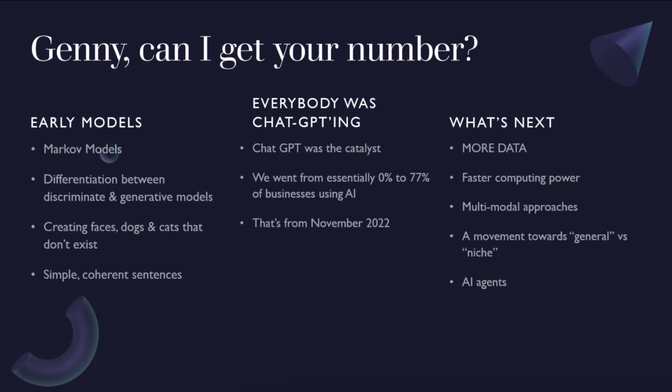And there's going to be a movement towards more general versus niche AIs. Now, what do I mean by that? If you think about AI in science fiction, in movies and things like that, it's never something that does one thing. There's not an AI that creates marketing text for you that's going to take over the world. It's probably something like Ultron, that is capable of creating new bodies for itself and taking over computers and renting cars and making cakes. I don't know. It's capable of basically everything that a human being can, plus, plus.